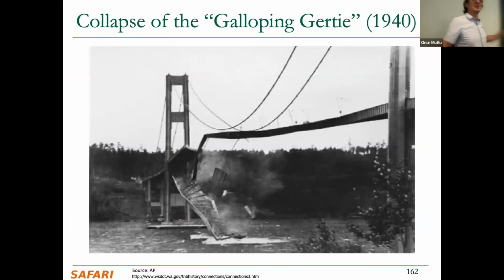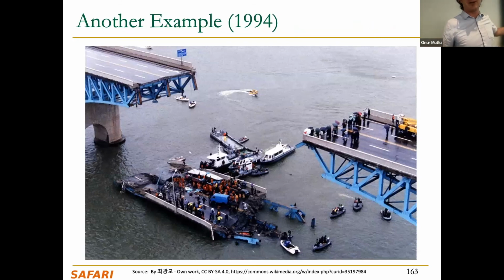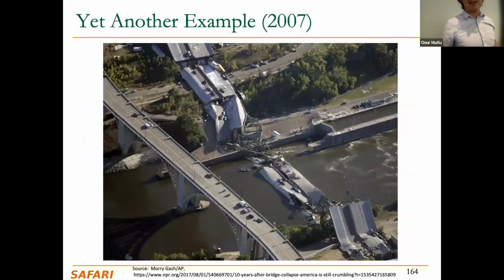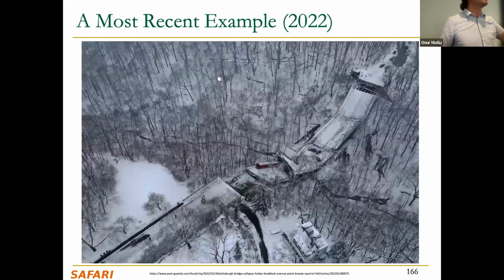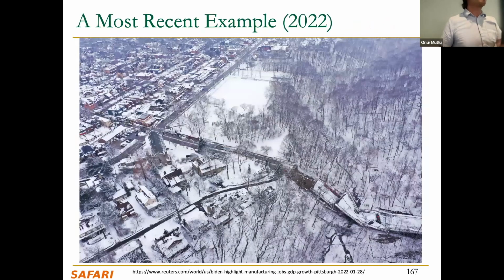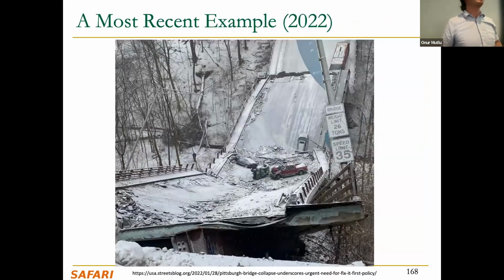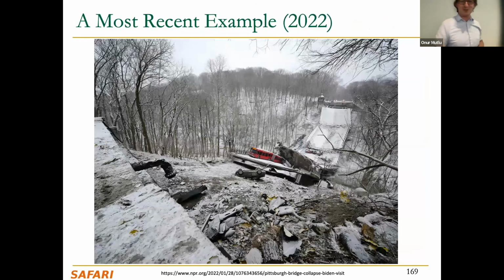So let's get back to bridges. Bridges have bitflips, as you can see, and human beings have been building bridges for thousands of years, and this is critical infrastructure. And we still haven't gotten it right. This is Seoul, this is Minneapolis, Genoa, and more recently Pittsburgh, where I used to live. I used to go over that bridge many times. Yeah, this is the Forbes Avenue Bridge, if you know Pittsburgh.